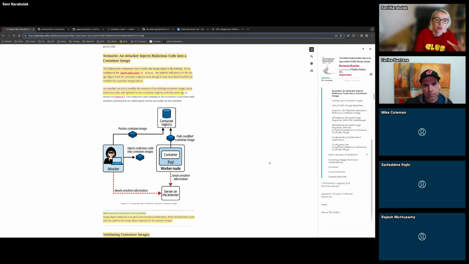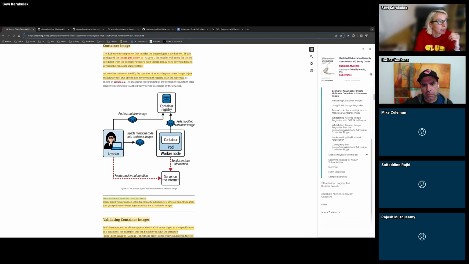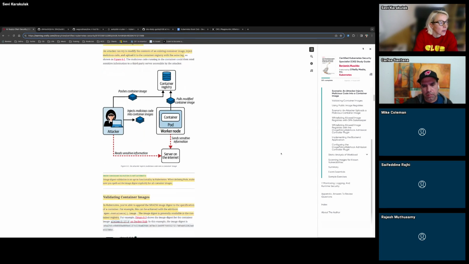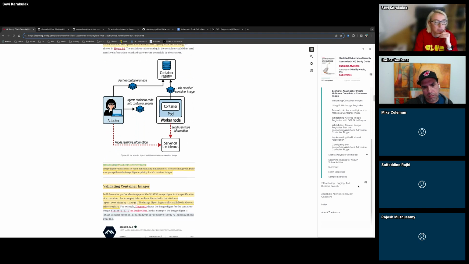And you also have to make sure that Kubernetes checks this, using the mechanism that Kubernetes provides. So Kubelet actually does this for us, and it verifies the image digest, and it's configured in the image pull policy. So what happens? An attacker can inject some malicious code into container images and push it, and then without you realizing, you could be using that image, and on your host machine, it starts sending sensitive information from the host machine to wherever the